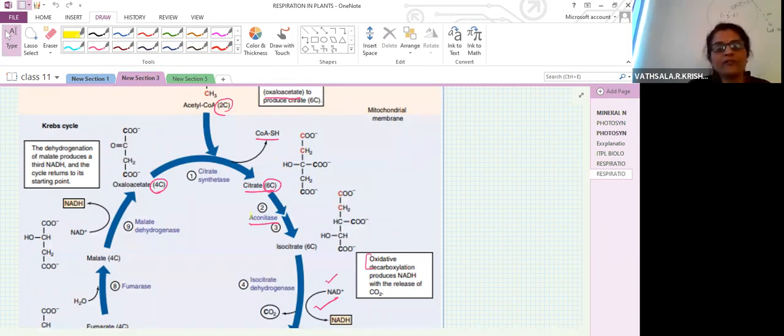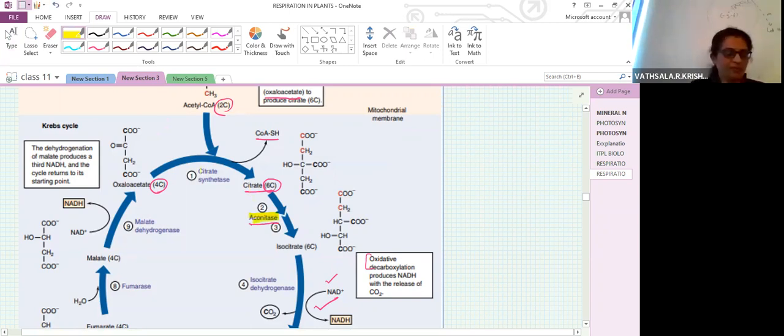So first is the enzyme that helps in the formation of citric acid. The enzyme that helps in the formation of citric acid is citrate synthase. Remember, this is one of the NEET questions, very important. So next is